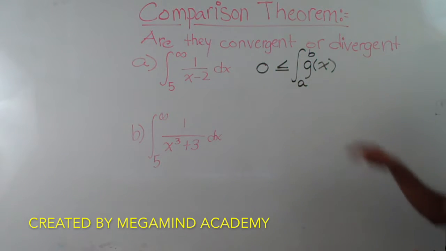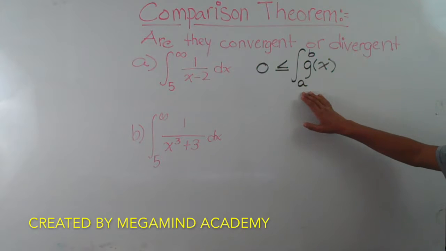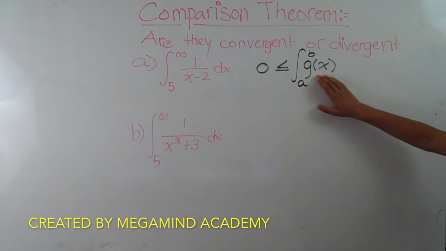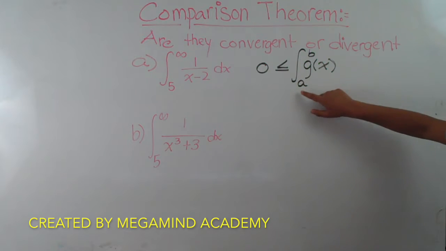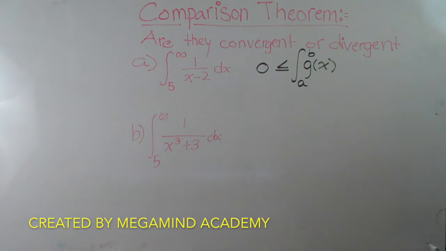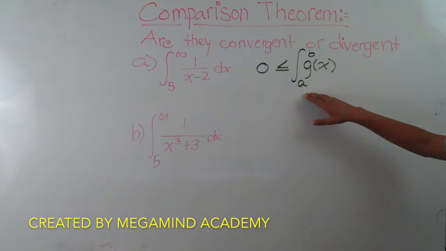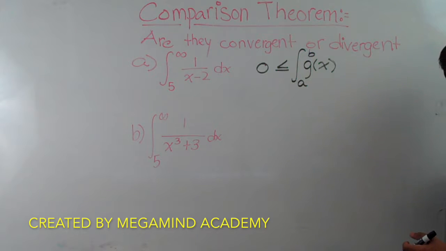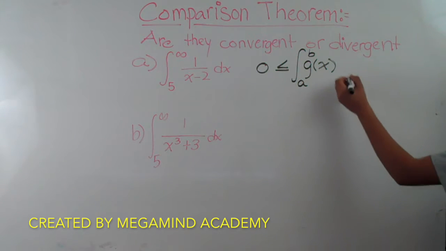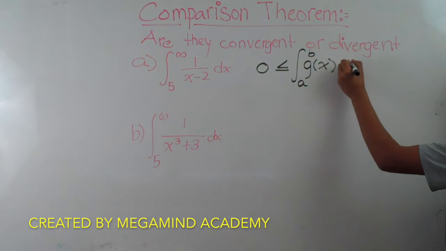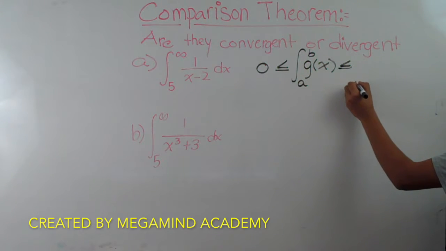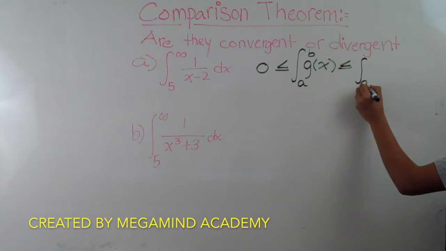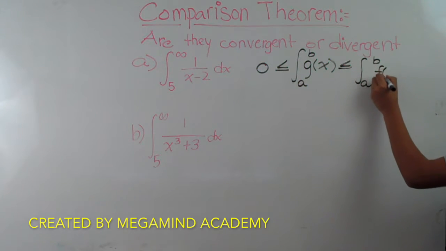Basically, all g of x has to do is be greater than or equal to 0 from a to b, because then our area will be greater than or equal to 0 from a to b. So if the integral from a to b of g of x is greater than or equal to 0, and is less than or equal to the integral from a to b of f of x,